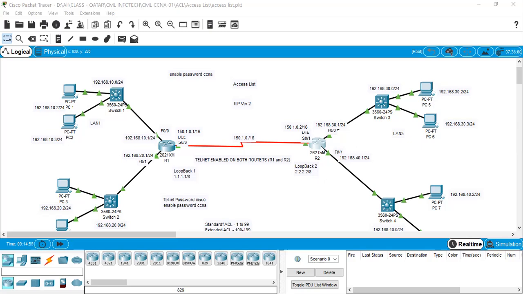Show run. Here also you have LAN 3, LAN 4, then the WAN interface.